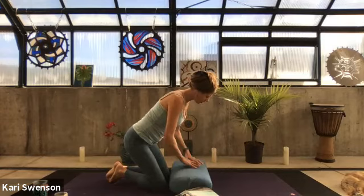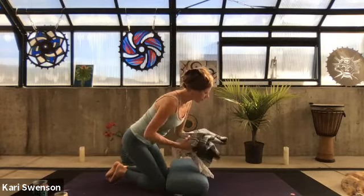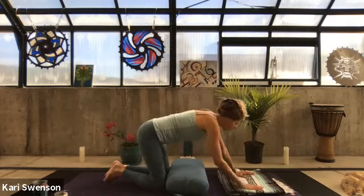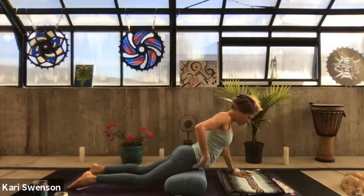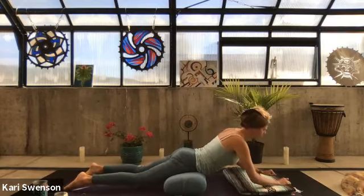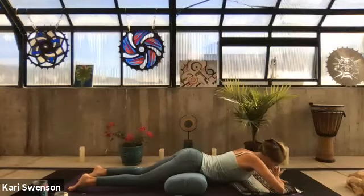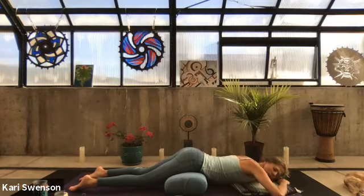Our bolster horizontally in the center of the mat. We'll set up our head and neck support on this side. We're going to come and put the front of our pelvis now on the bolster. And we'll come and stack our hands, either rest our forehead with our top hand, palm side up, or you can turn your head again to either side, resting on the ridges of your ear, only if that feels good